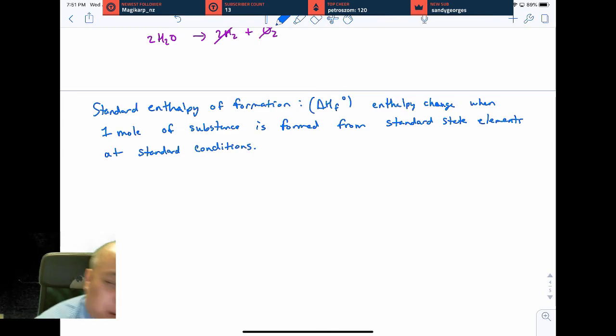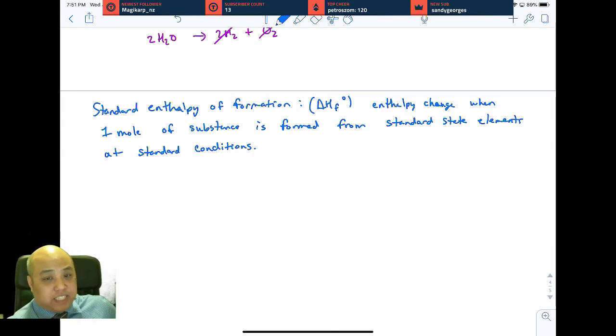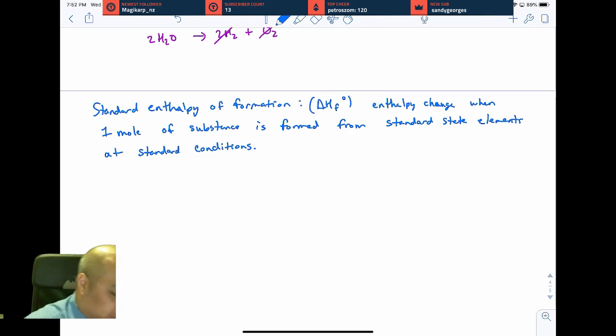Okay. You might think that's redundant, but standard state and standard conditions aren't necessarily the same. Standard state is a solid, liquid, and gas. Standard conditions is, again, 298 Kelvin and 100 kPa. So it sounds a little redundant because you're saying standard twice, but they're being used in different ways. Okay, and so